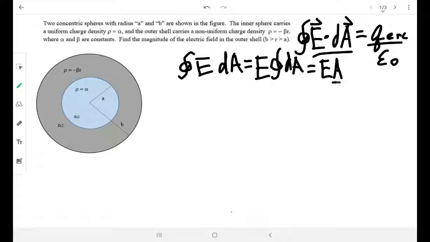And A is just going to be the surface area of a spherical shell. That's going to be our Gaussian surface for this. Right, and so knowing that,